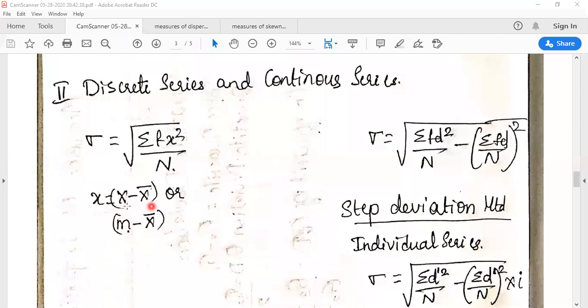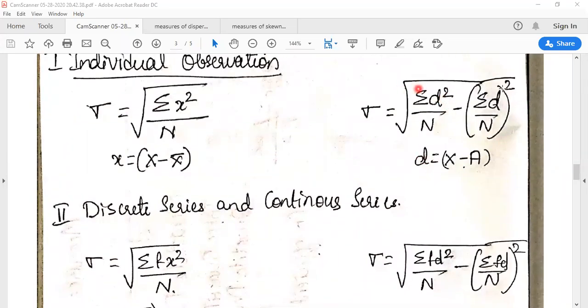So this is for discrete series, where you have x as the data and then you take the deviations from actual mean. Now in the place of x in continuous series, you will have m, because from the class intervals we will be finding out the midpoint, and that will be considered as x. So it is m minus x bar. So this is from actual mean. Now going on to assumed mean, the formula more or less remains the same, just that the frequency is supposed to be multiplied. If you see the formula here, from first to second, it almost remains the same, except that frequency is multiplied in both places.